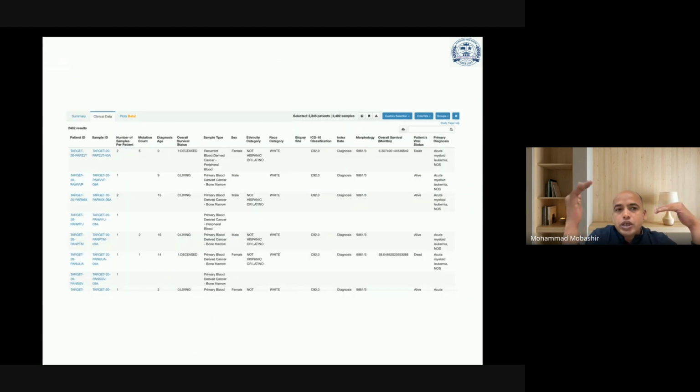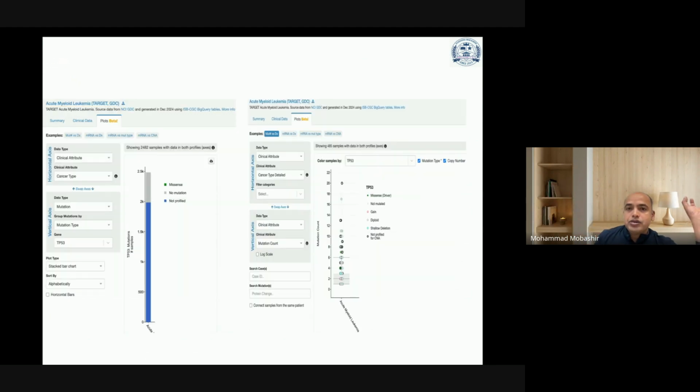And if you want to explore the details in terms of clinical perspective, then you can click on clinical data. Then you could see such kind of details like whether it has been diagnosed, and if it has been diagnosed, then how it looked. All the clinical details you can see here. And then the last part is to go for plots. Here, this is